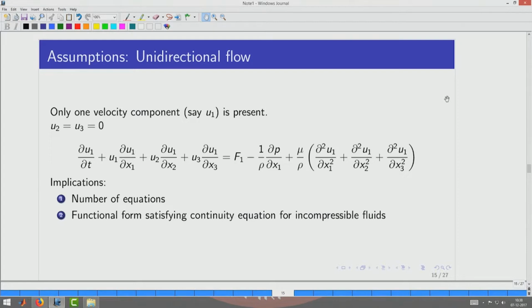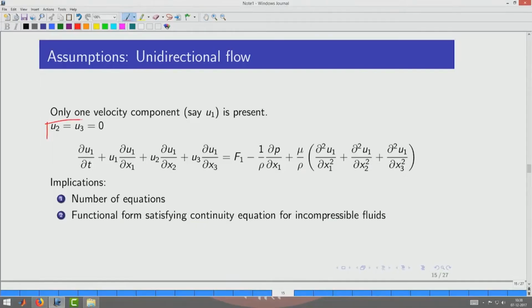So, unidirectional flow does not only mean that the number of equations has reduced from 3 to 1, it also means that u2 and u3 are 0. So, what this implies is that here we have got u2 and here we have got u3, which means that the terms here are also going to be dropped off. So, which actually makes the number of terms in the Navier-Stokes equation much smaller. So, you can already see that the first term is dropped in case it is steady state. So, the third and fourth terms will be dropped in case u1 is the only velocity, u2 and u3 are to be dropped. Okay. So, you have got simplification in terms of the number of equations, it becomes 1, and